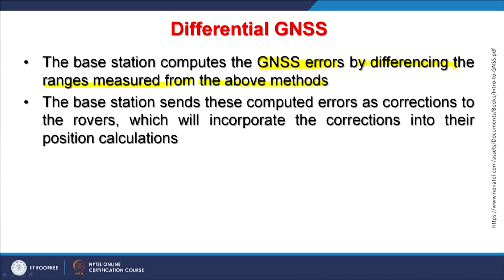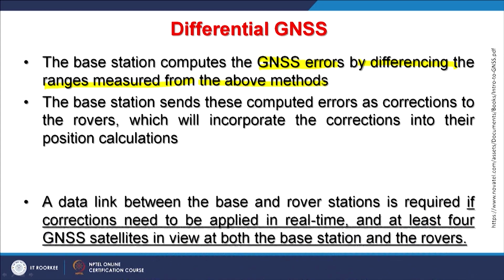This is important: if I have an average position and I get the current position, then I can compare with the average position, and the average position minus the current position gives me the error, and that error is transmitted to the rover station, or through post processing I can improve the position accuracy of roving receivers. So, the base station sends these computed errors as corrections to rovers, which will incorporate the corrections into their position calculations.